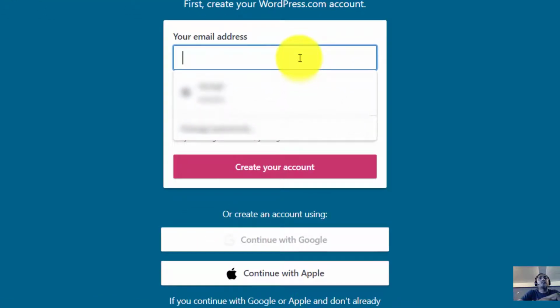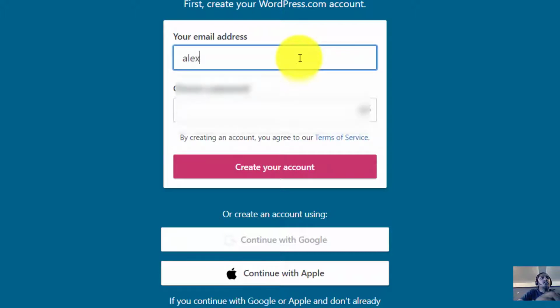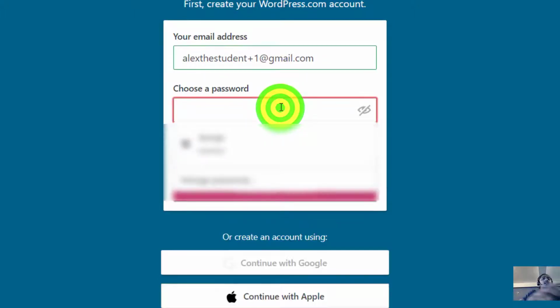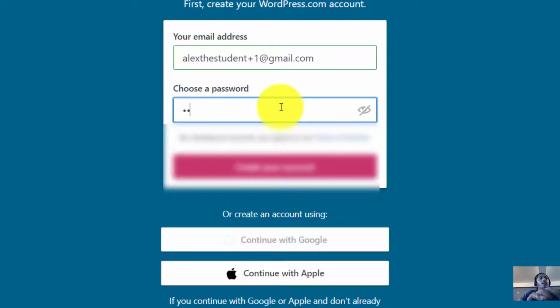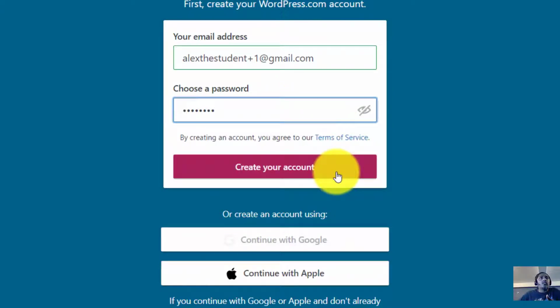So this is for testing purposes. I have a test account that I use in here, but you could go ahead and use your real email address. So ALEX the STUDENT +1 at gmail.com, and I'm just gonna choose a password here, just a dummy password. And that's about it. You click on create account,